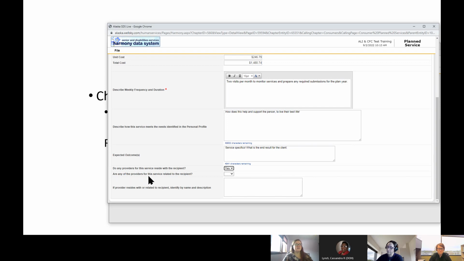Are any of the providers for this service related to the recipient? If you say yes, that's okay too. But this is where it's really important. You need to explain the dynamics of the relationship. So is that person a guardian? That's okay if they are, but you need to explain, because it's possible